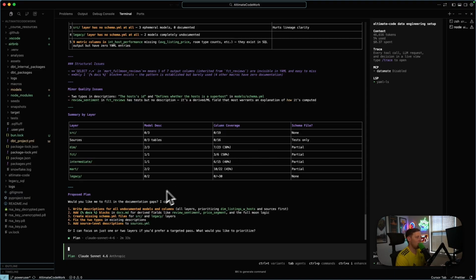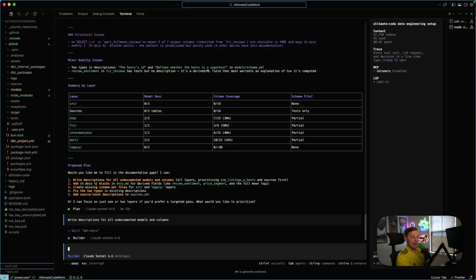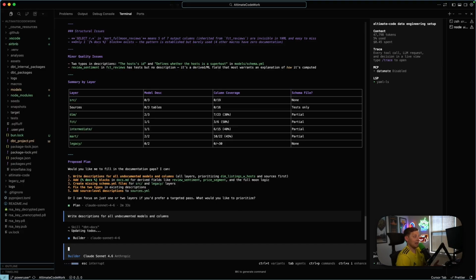So it says, proposed plan, would you like me to fill in the documentation gaps? I can write descriptions for all undocumented models and columns, or add docs blocks, create missing schema files, fix the 2 typos, or add source level descriptions. So I'm going to switch this over to Builder. I'm going to say write descriptions for all undocumented models and columns, and send it off and let it go. And so this is actually going to go through here and build out the things that we're missing,